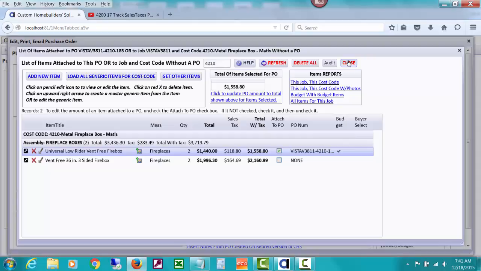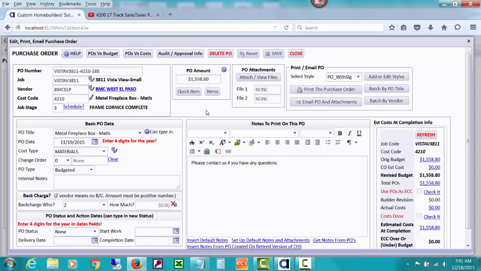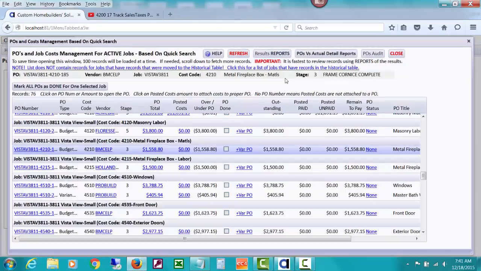then I close this. This PO has captured behind the scenes because of the items. It's captured how much the sales tax is on this purchase order. It knows it because of those items that we just looked at. So I'll close that. And what I'd like to do is, this is for BMC and for metal fireplace box,